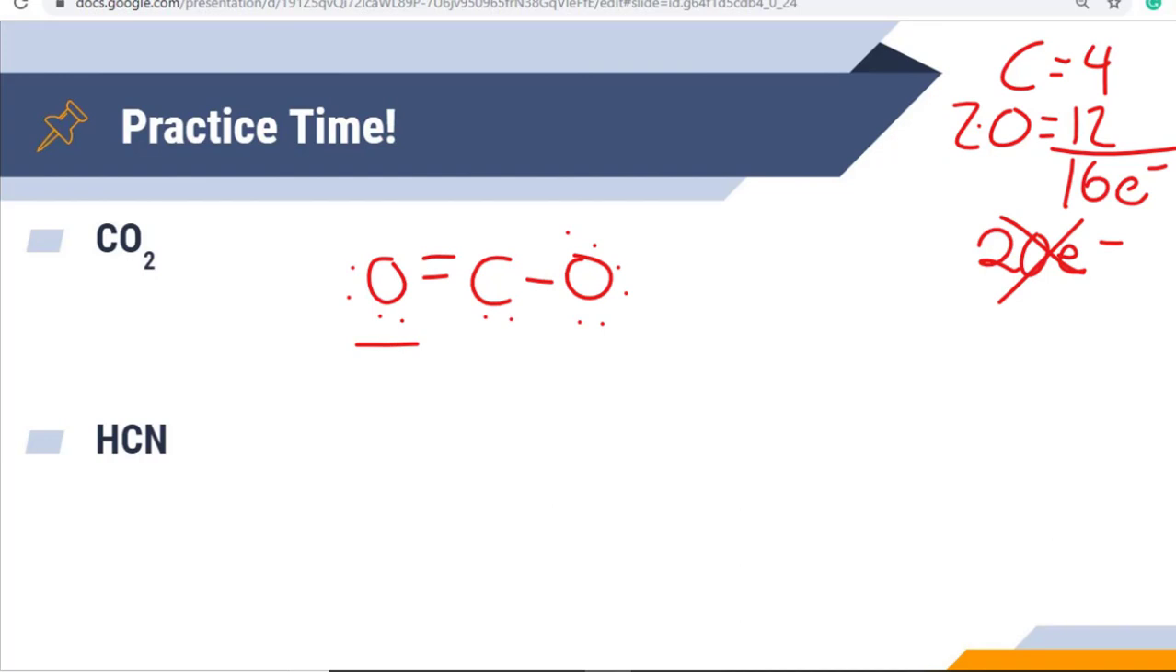We get 2, 4, 6, 8, 10, 12, 14, 16, 18 electrons. That's still too many. So you could add a third bond over here, but it is more stable to have two double bonds than a triple bond. It has to do with the symmetry of the molecule. So we're going to remove two more lone pairs